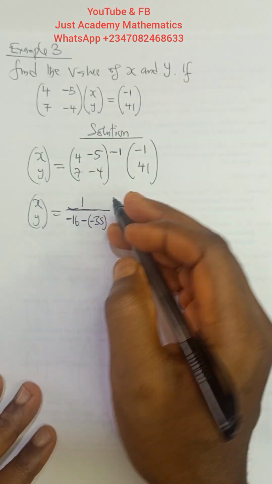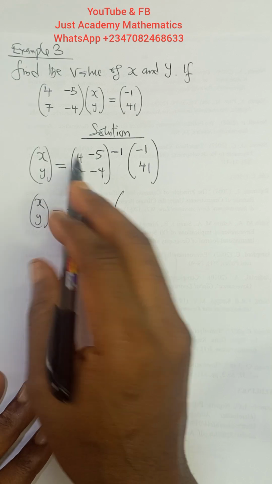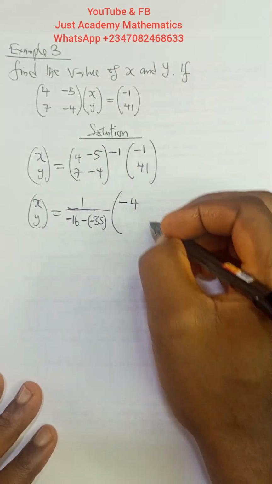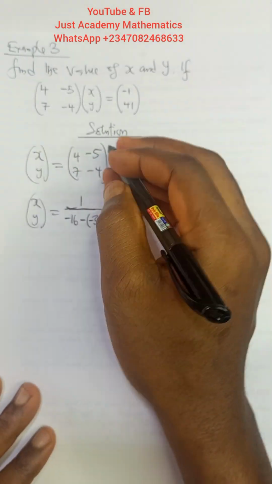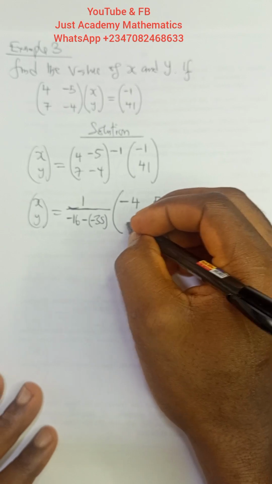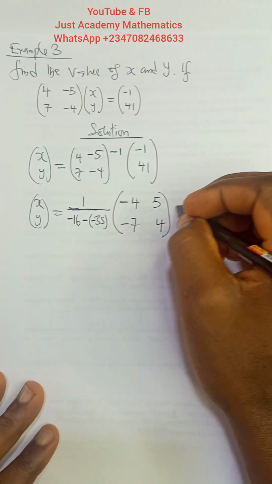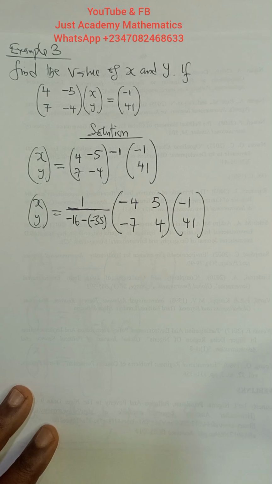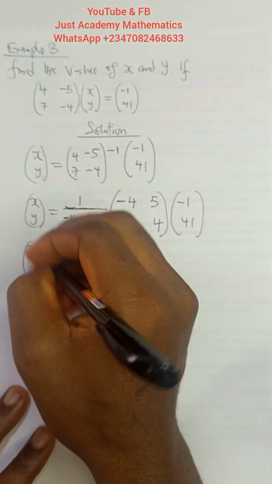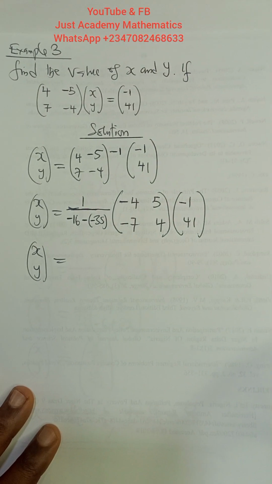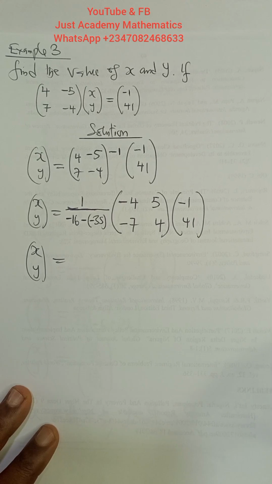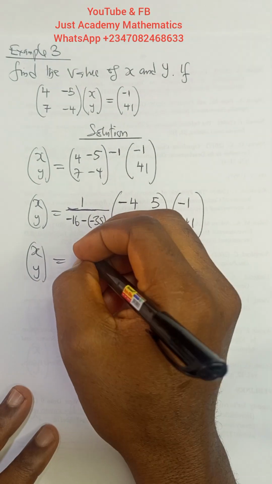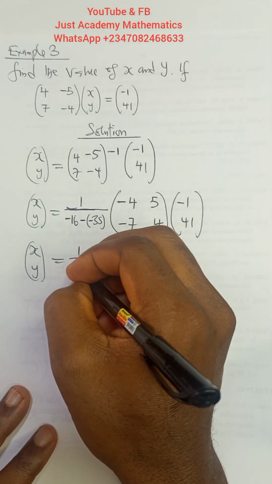The determinant times, we swap these two. We have minus 4 here, we have 4 here. Multiply these two with minus, we have 5 here, we have minus 7 here. Times minus 1 over what? 41. Can you see? Interesting procedure. Xy is equals to what? What do we have now? We are getting that minus 16 minus what? 35 will give us what? Will give us minus what? 51